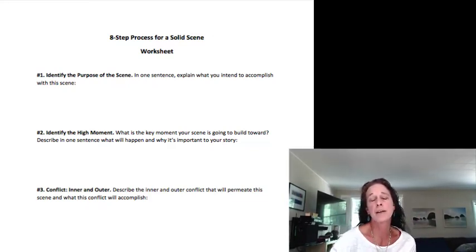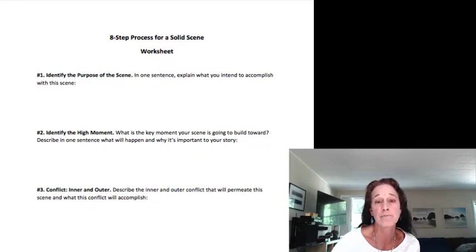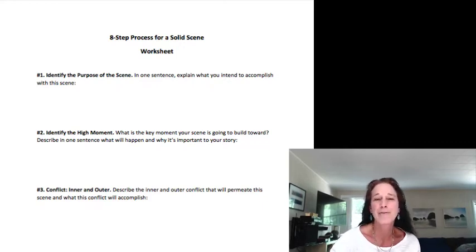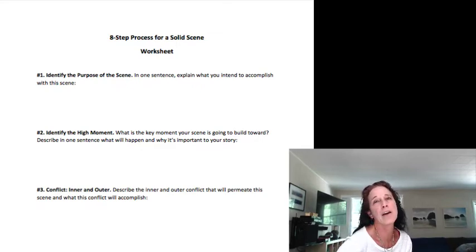So identify the purpose of your scene. Let's say the purpose of your scene is to show that your character discovers a baby in a trunk that's floating in the bay where his fishing nets are tangled up after a storm. Okay, this is a scene from my novel, Crystal Scepter, the 5th book in my fantasy series. So let's say I sit down and I think, okay, what do I need to have happen in this scene? I need to have him find this box and discover this baby. It's a really, really important moment. It's a high moment